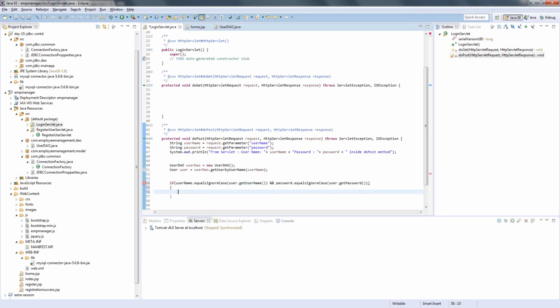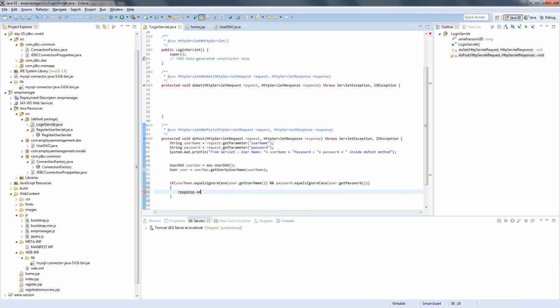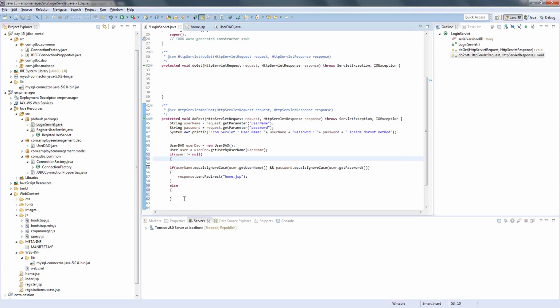So if both the things are matching, I'll say response.sendRedirect to the home.jsp. If it does not happen, then in that case, and this will be checked only if user is not equal to null. If it is not null, then only we are supposed to write like this, else